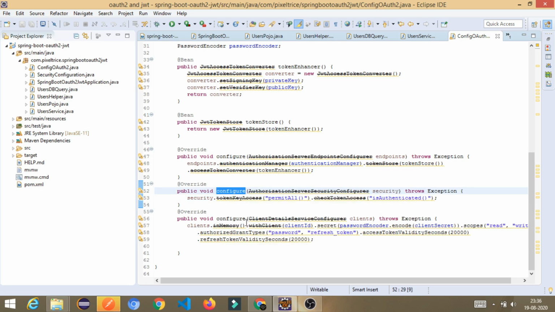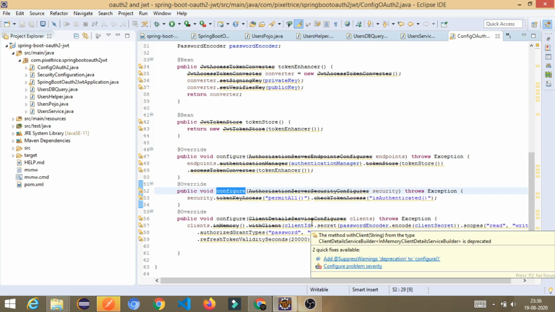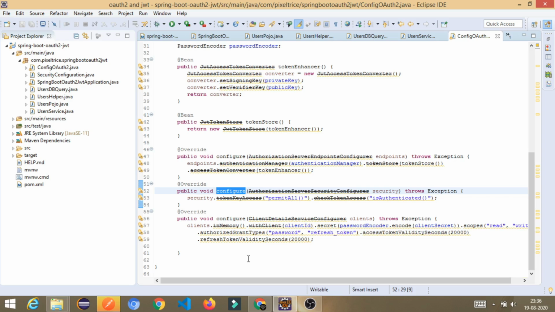Now the last one we have is the client details service configure method. Here I'm dynamically registering the client. Suppose you are the client and you want to access some resources or some API from this application. As you are the client, I'm the authorization server and I'm registering your identity.